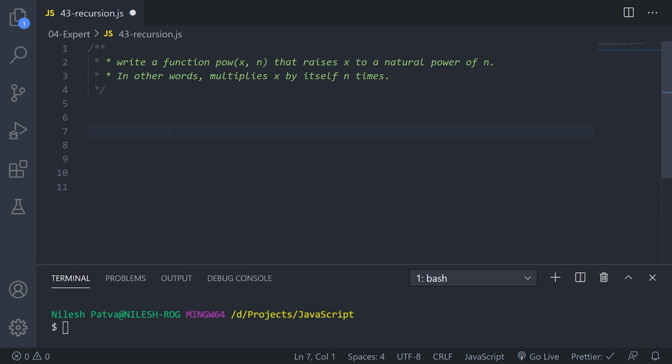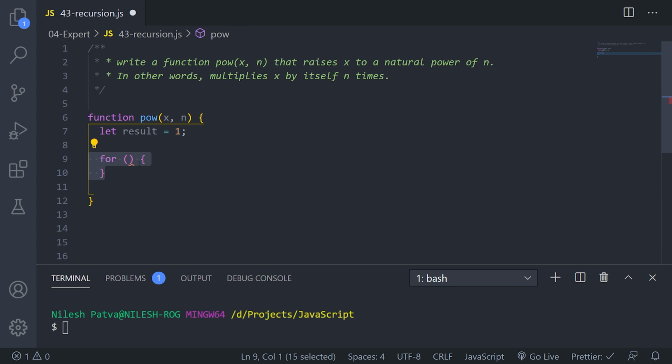Basically, you will think the first approach would be a normal for loop, right? To multiply itself. So we'll do the same thing here first. Here I have created a power function which takes two parameters, x and n, and to store the result I am creating a variable named result, which is initially 1. Later I will run a for loop, looping n times.